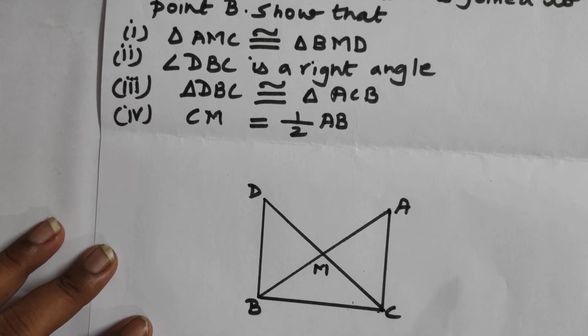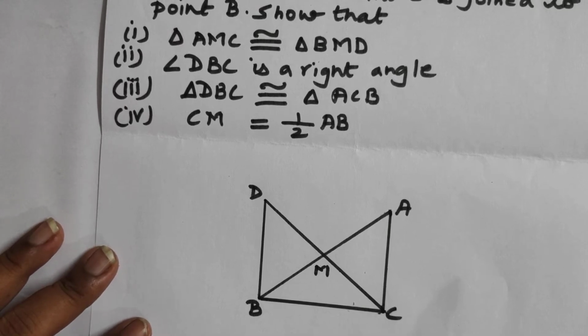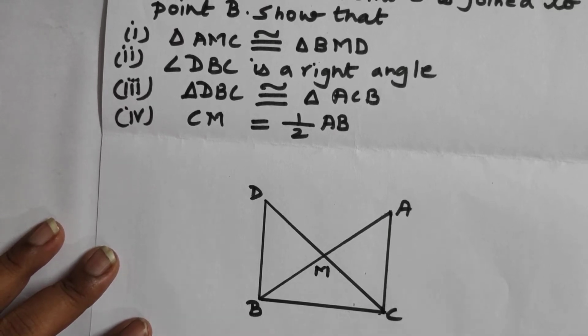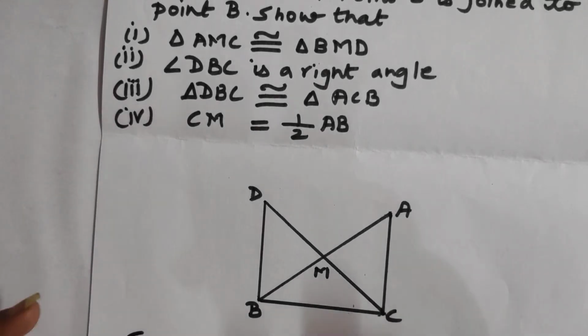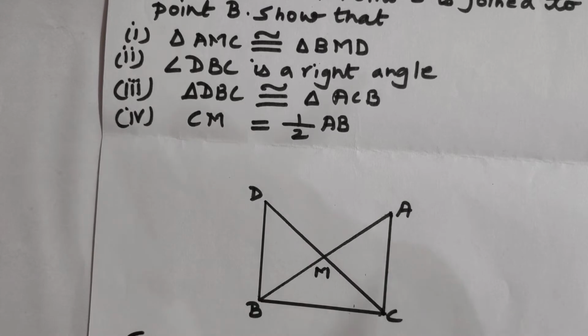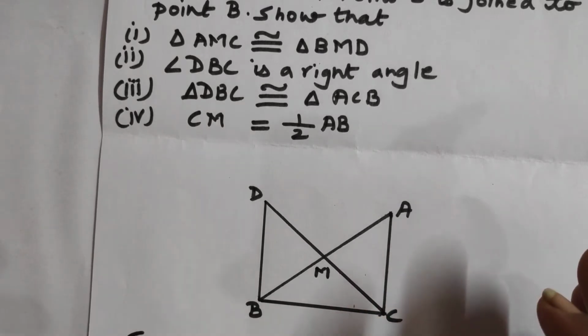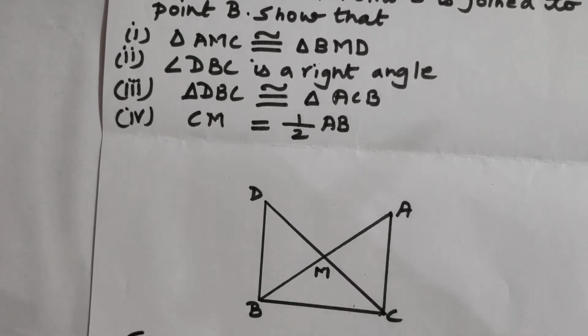These things we need to prove. As I already told you in my previous video, whenever this type of proving question is there, especially in geometry, we have to remember 4 things. That is, we have to write what is given. Of course, it is given in the question. What we need to prove, we have to draw the figure again for our solution with the pencil, and then we will start with the proving.